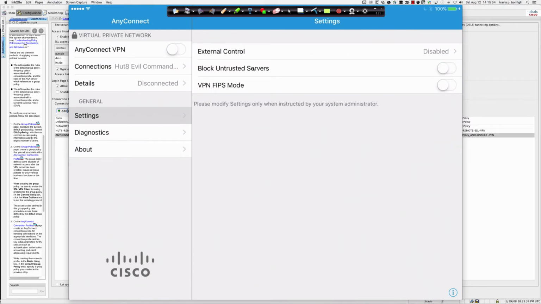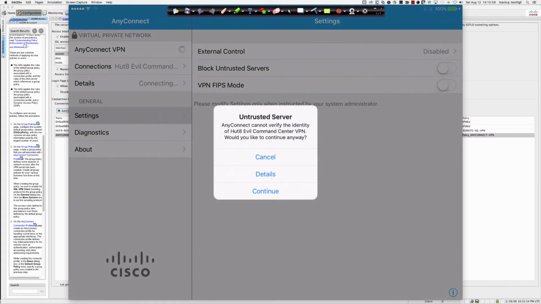So here's what would happen again. I go to connect. Remember, I'm coming from the Verizon network into my house on this iPad. And I'm going to click continue. Before I click continue, though,